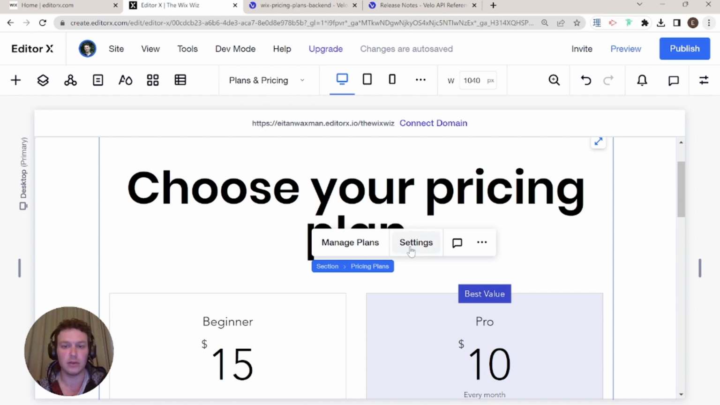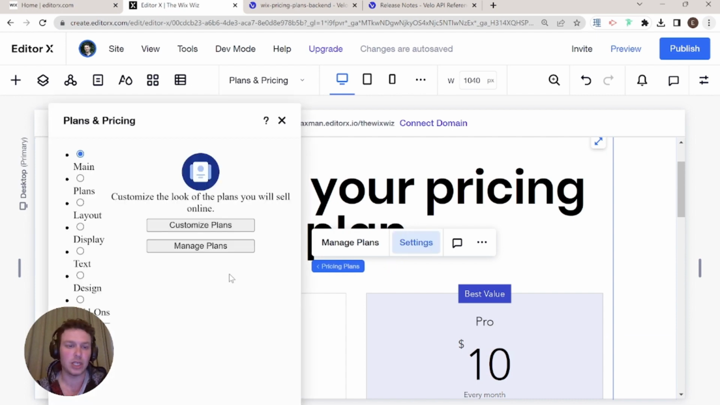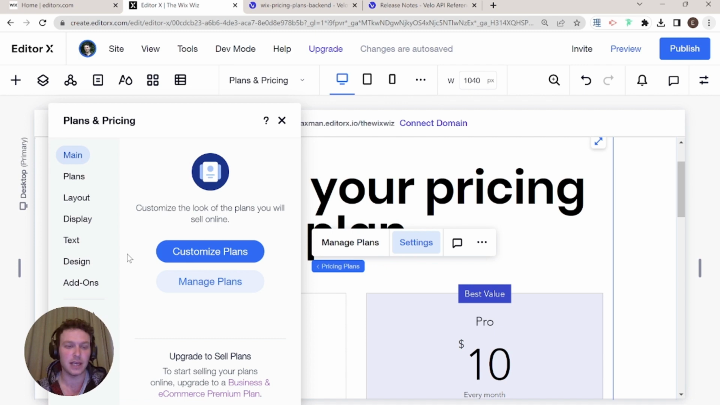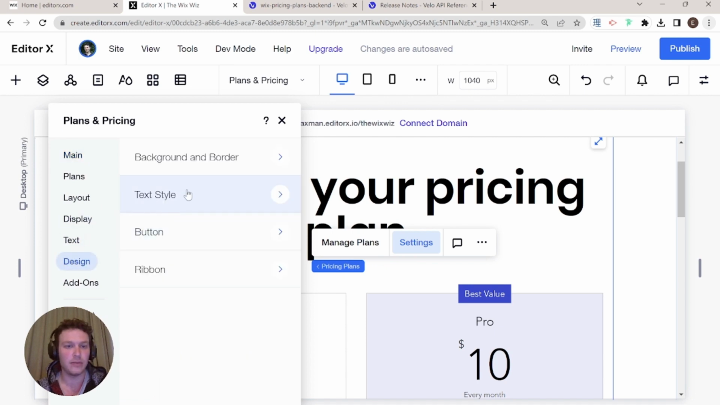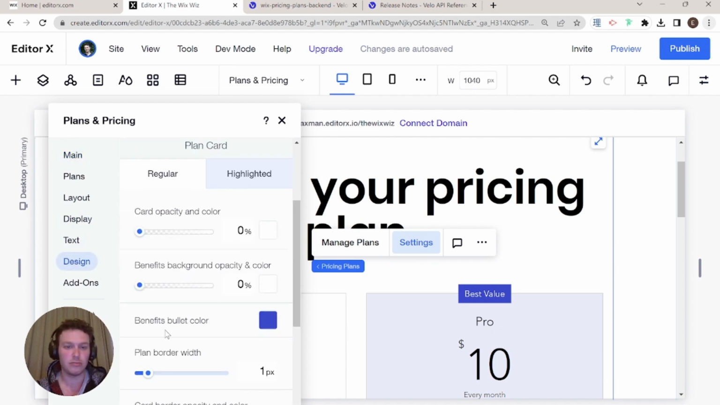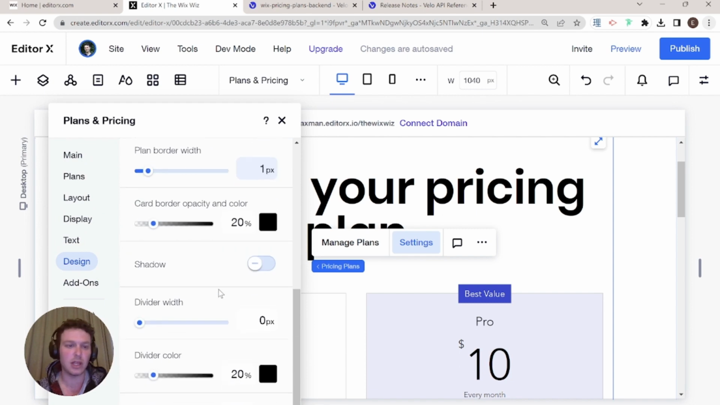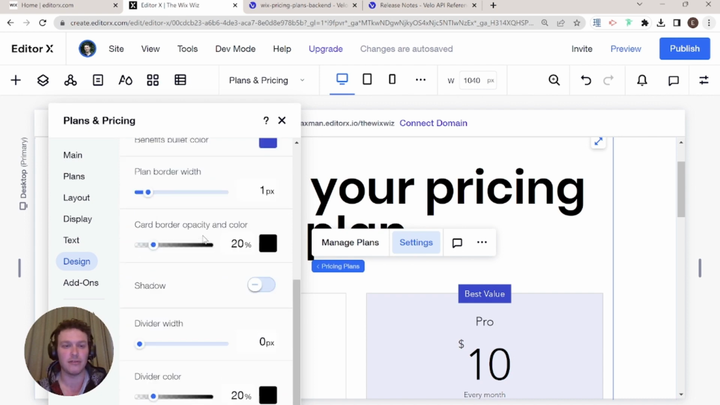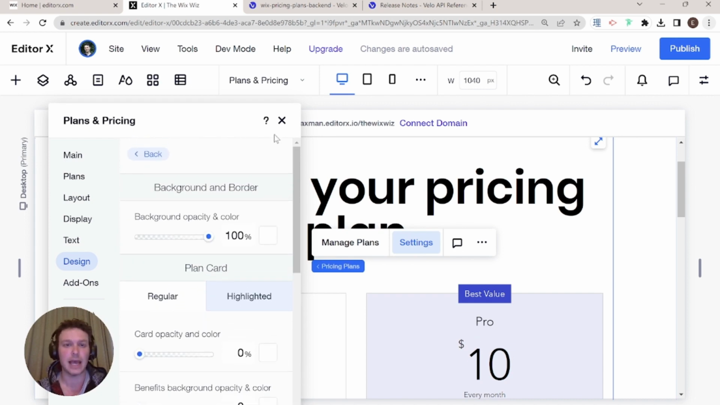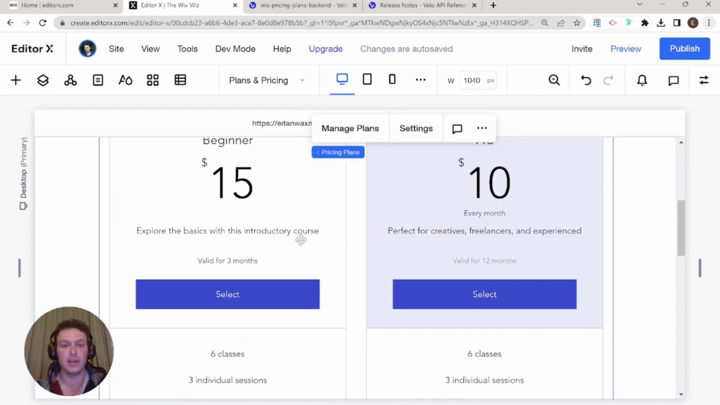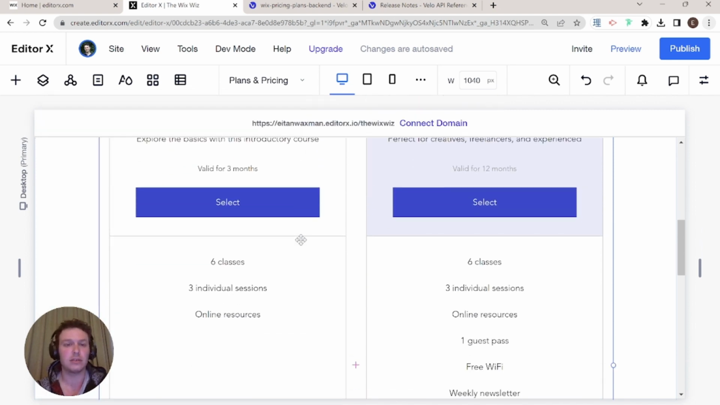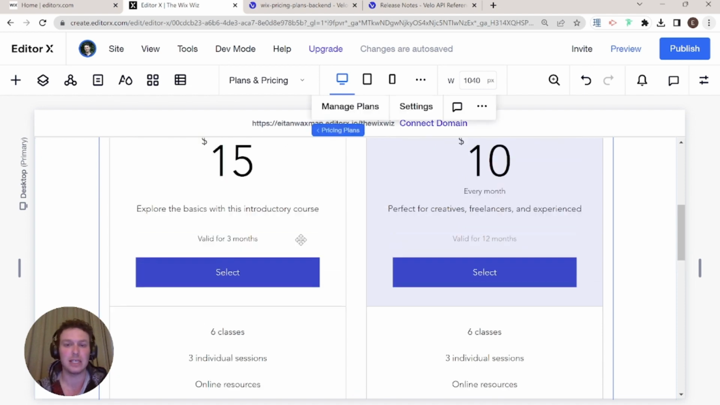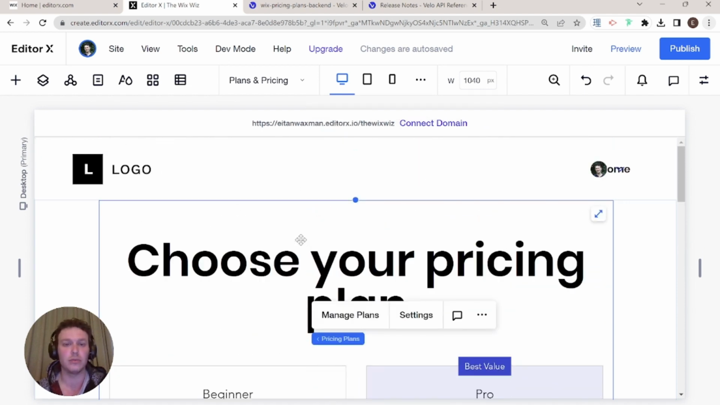And if you click on it, then you can go into settings and you can change some things in terms of design. So if we go over here, I can change the border, the benefits. There's a lot that you can change here, but you're still going to be somewhat limited in terms of what you can customize, how you can display your pricing plans. And really, if you want to give yourself full flexibility in terms of customization, then you're going to want to use Wix Code,